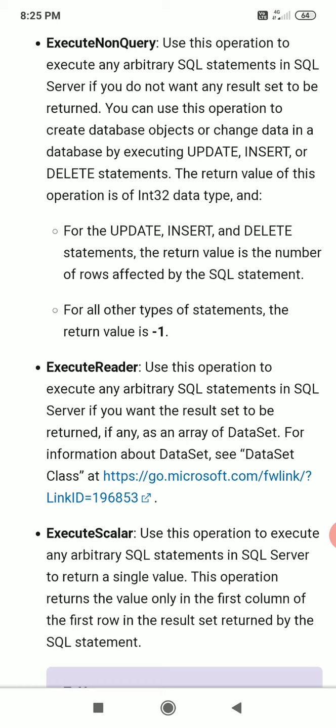Okay, but just to see ExecuteNonQuery and ExecuteReader, because we have used them in our program. ExecuteReader returns some rows while using a select statement. A select statement will return some rows from the table, so for that I just use ExecuteReader, and ExecuteNonQuery while using insert or update or delete statements. Okay.